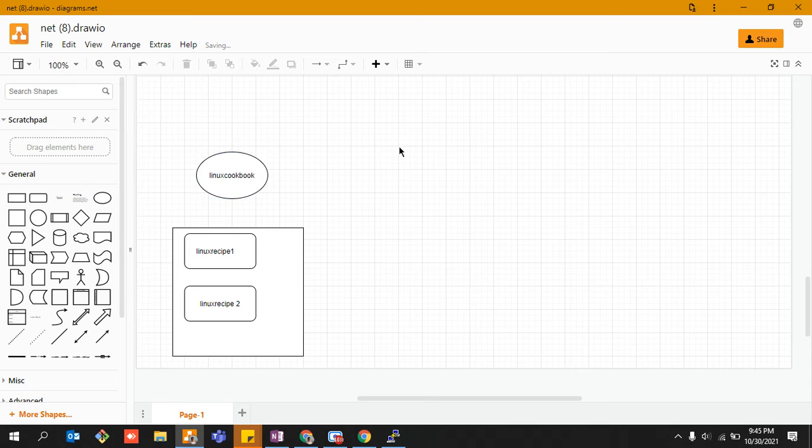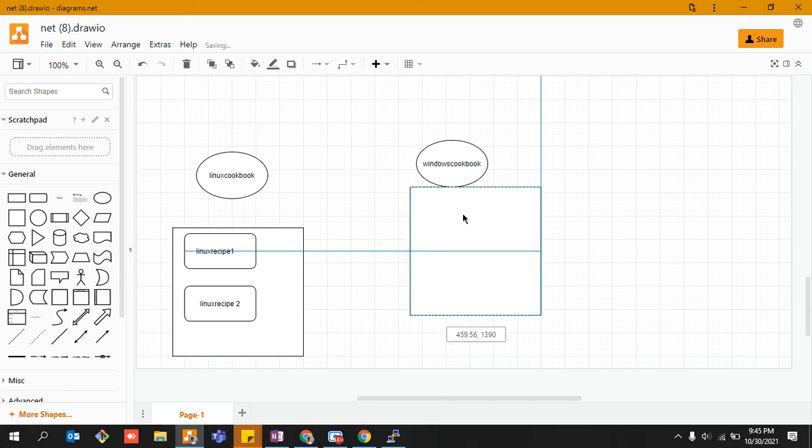The same thing. I'm good at copy pasting sometimes. Windows cookbook. I'm using the same example that I've been using in this particular lecture.